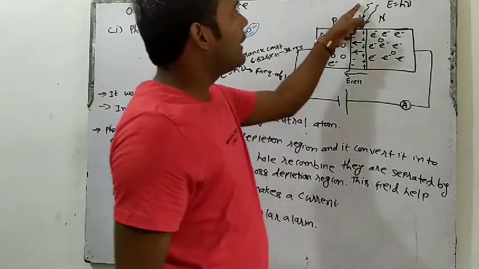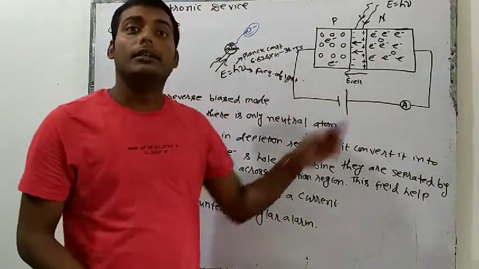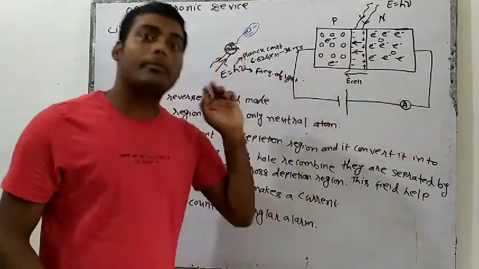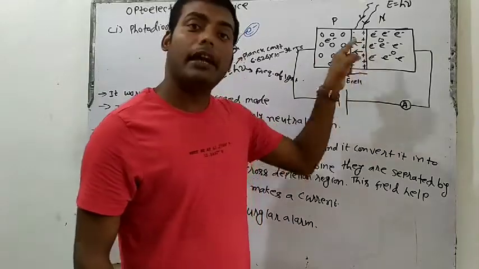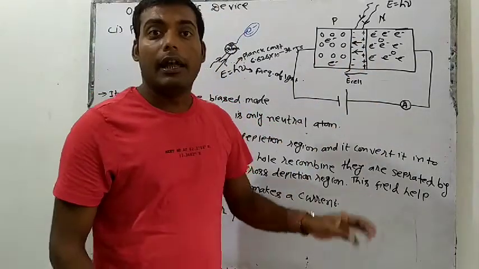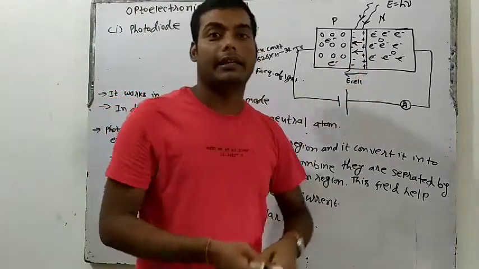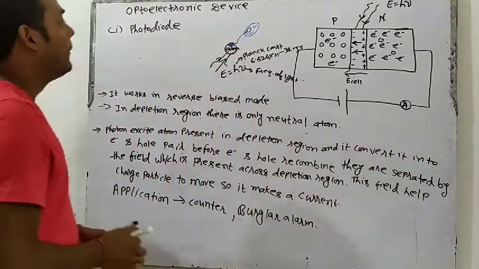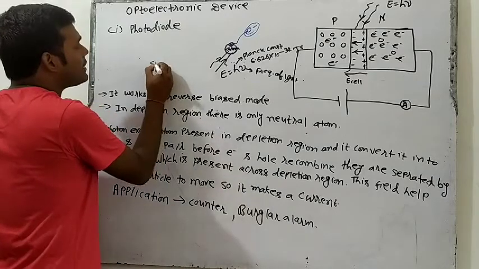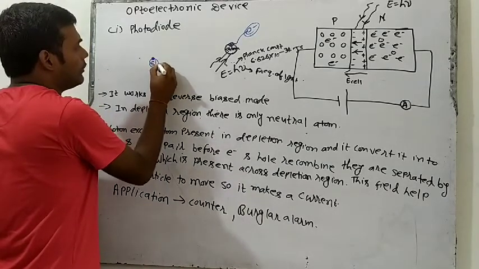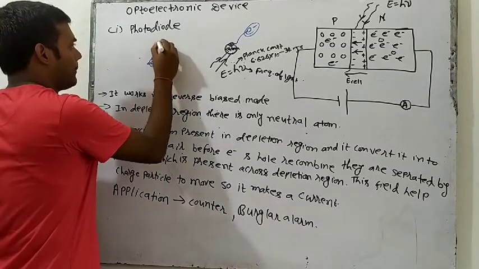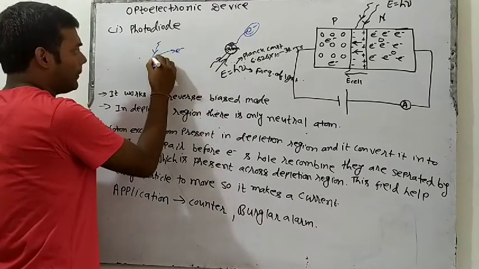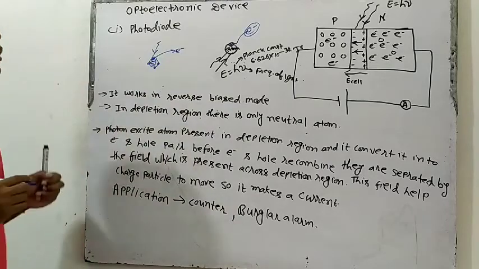So when this energy will hit the depletion region, in the depletion region there is atom, and when atom will receive that energy, then atom of the depletion region will become unstable and electron and hole will be generated, because there is silicon atom. You have seen silicon atom 1, 2, 3, 4. So suppose if light will come here, electron will be free, and on the place of electron a hole will be generated.